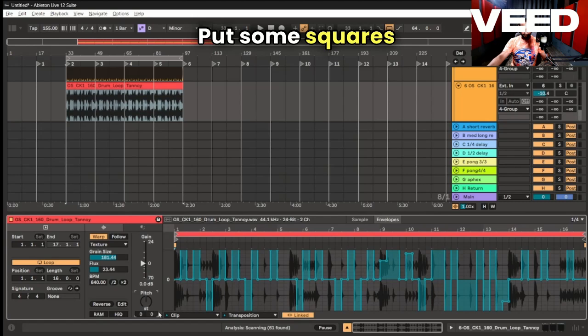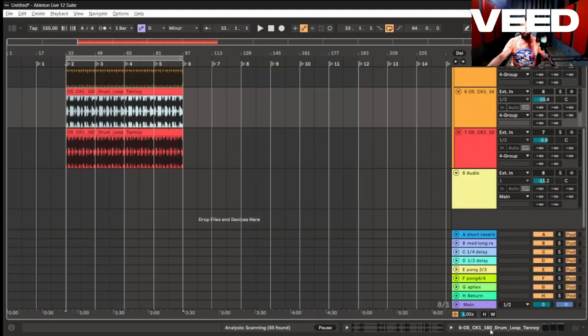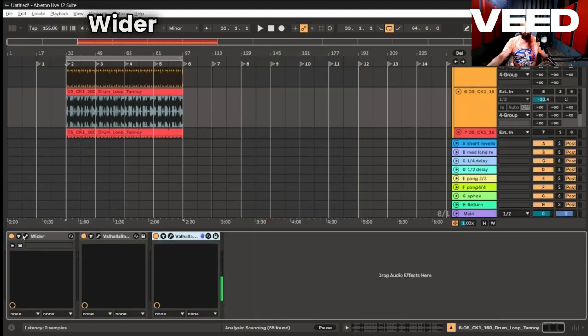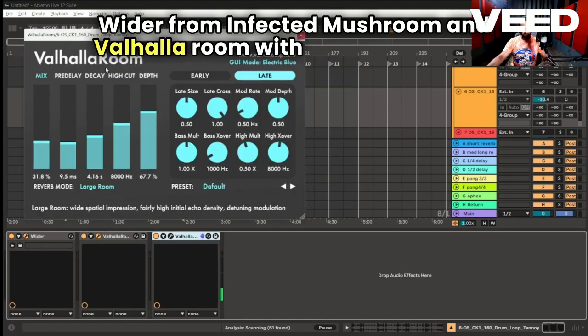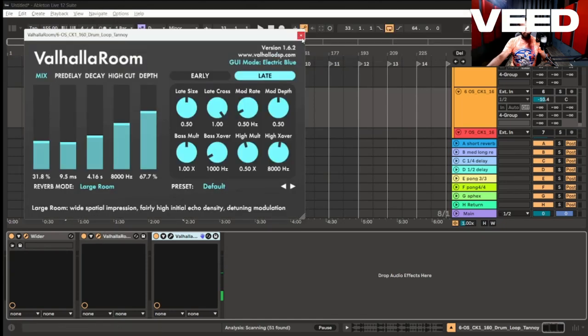So I've put some squares with my pencil. You can press B to make them and made a shape like this. So now my grain size is changing. Let's listen. And also I have used a wider from Infected Mushroom and Valhalla Room with a little reverb on it,